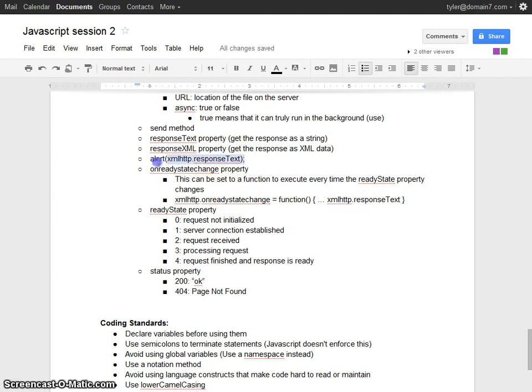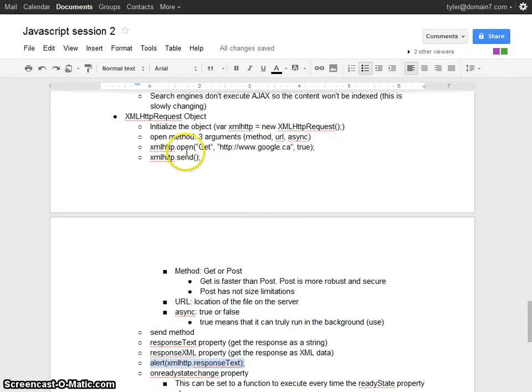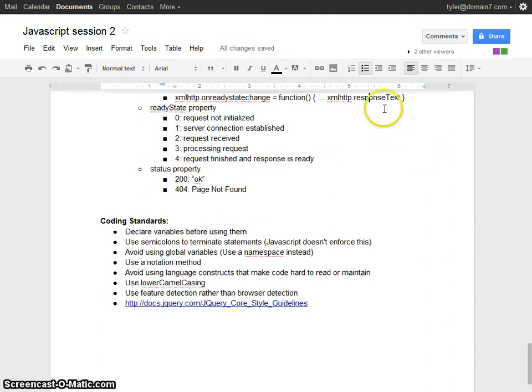If I was to just do this right after, if I was trying to alert xmlhttp.responseText right after my send call, it may not be ready yet. So doing it in this onreadystatechange function will make sure that this is set before we do that. The readyState property is just the different states of moving through the AJAX call.